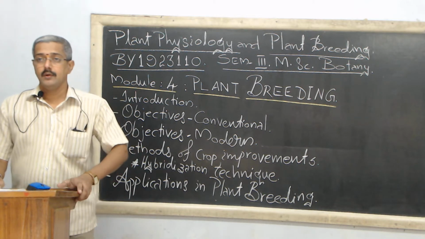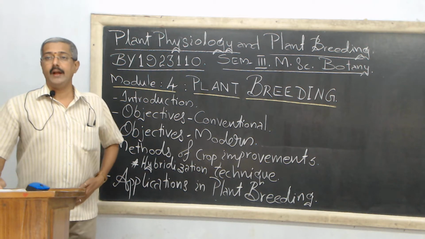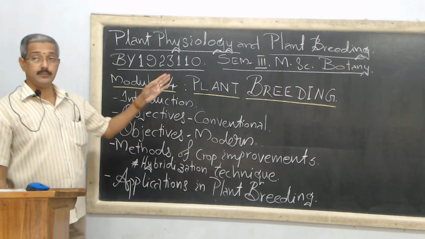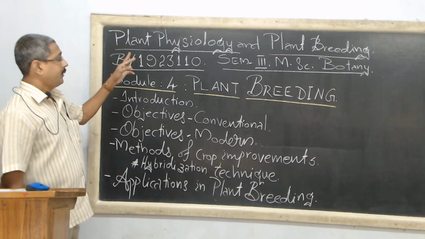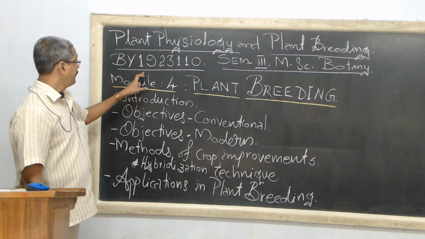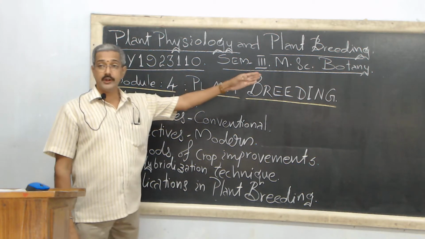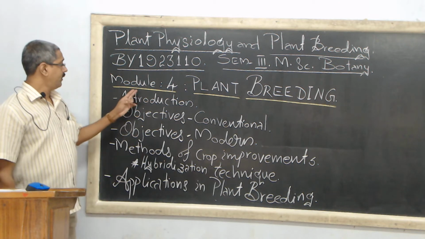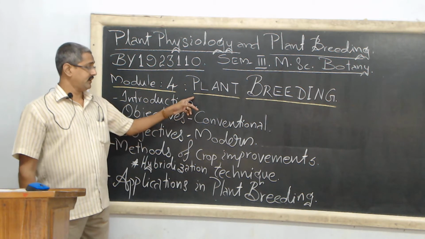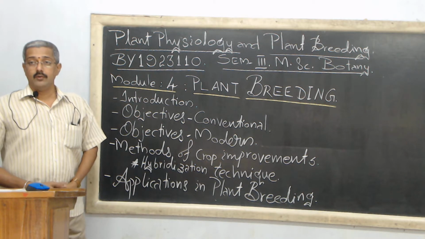Today the topic is starting in plant breeding. In this semester, the paper concerned is plant physiology and plant breeding, with paper code BY 1923110 of semester 3 MSc Botany, and from module 4 the subject starting is plant breeding. Here now we discuss